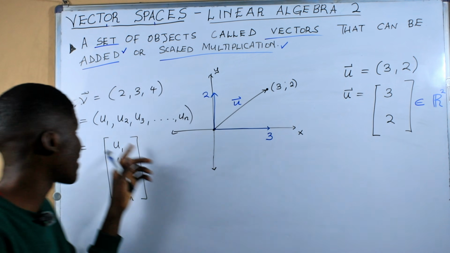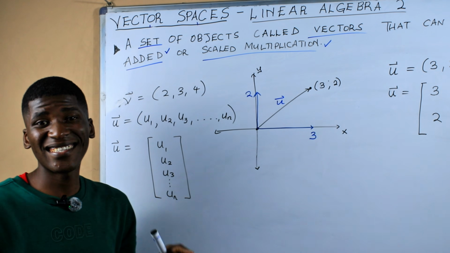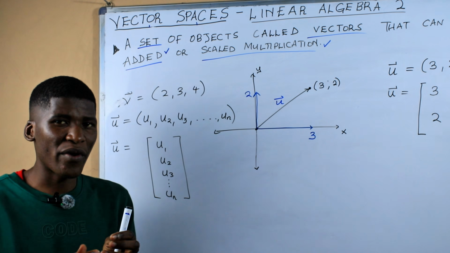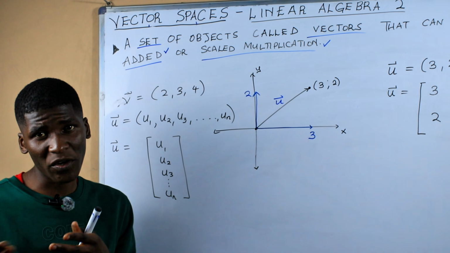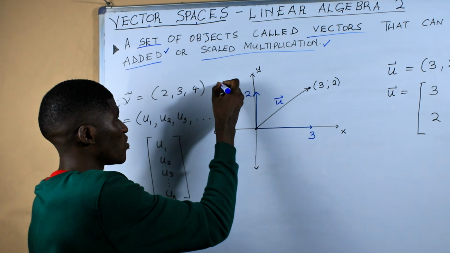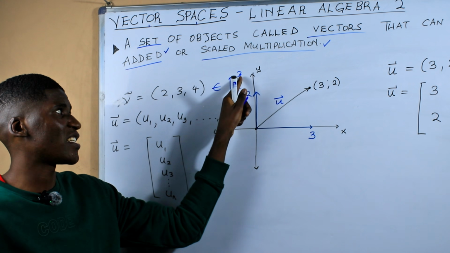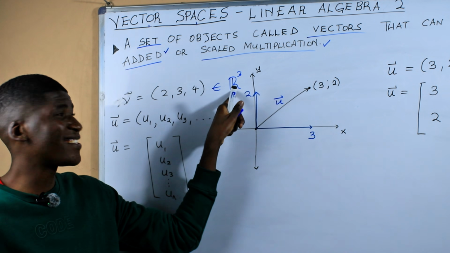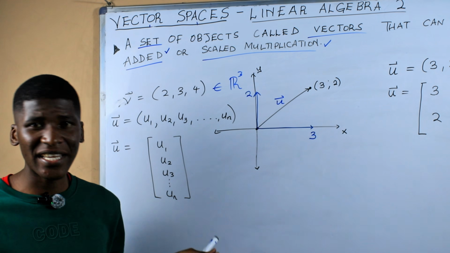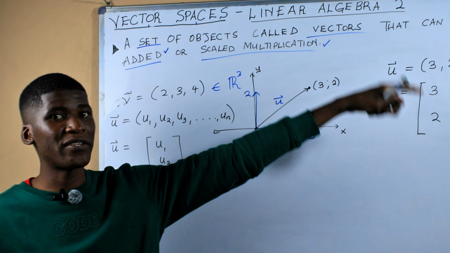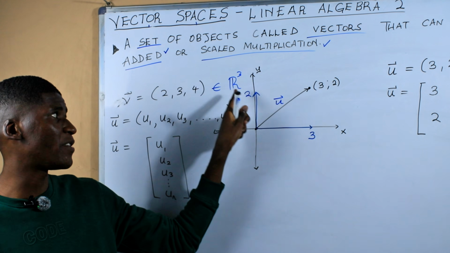If it's going to be something like this, maybe v is given by 2, 3, 4, these components are in 3 dimensions. So in other words, we're trying to say that your vector has got 3 components, 3 different components. So we can just say this is all an element of real numbers to the power of 3. This is just telling you that the components are real numbers. So we can consider all real numbers from negative infinity until positive infinity. Any number that you can think of, your 100, your 1000, all of it, it falls within the what?